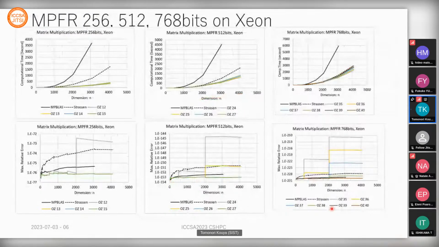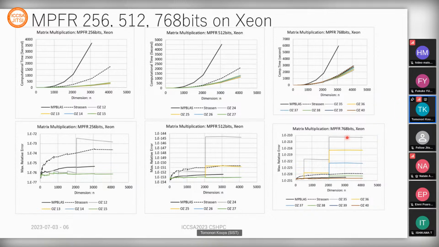In MPFR arbitrary precision arithmetic, the Ozaki scheme can be faster than Strassen matrix multiplication in 256 and 512-bit precision arithmetic. But in 768-bit MPFR precision arithmetic, the Ozaki scheme cannot be faster than our Strassen matrix multiplication, because